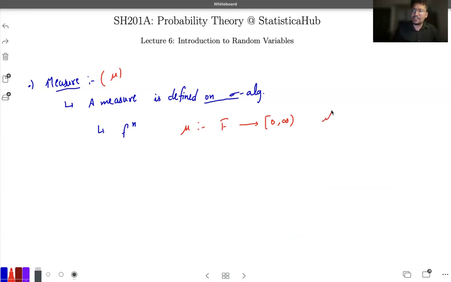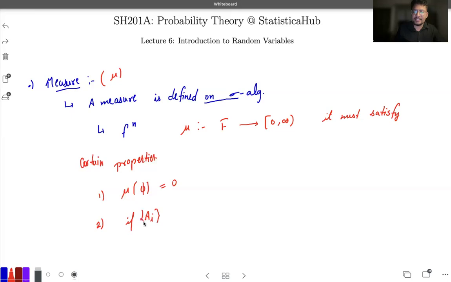So it must satisfy certain properties. The first property says that if you take the measure of the empty set, the null set, it must come out to be zero. The second property it must satisfy is: if you have some A_i, with i going from 1 to infinity,